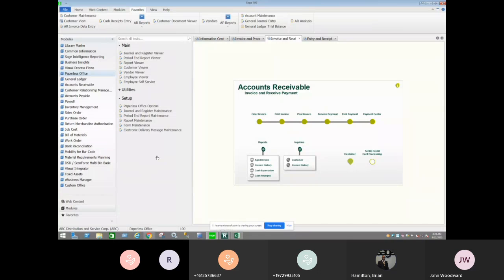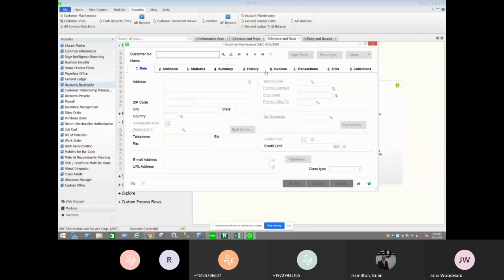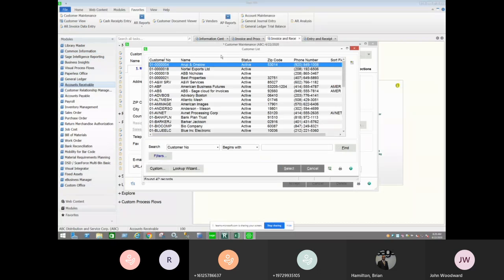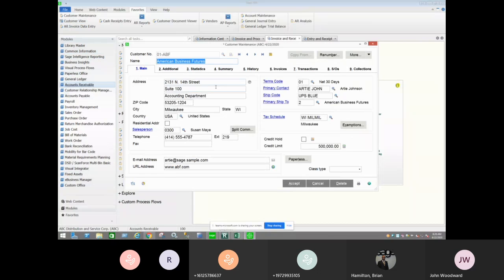All right. Now there's some other things that come with the system automatically. Custom Office is a tool for when you need fields that we didn't give you a place for. So essentially, let me come in and show, I believe if I go to customer maintenance here, we do our best to provide what most people would need for a customer record. So you can see terms, contact, ship to, tax schedule stuff. This class type is